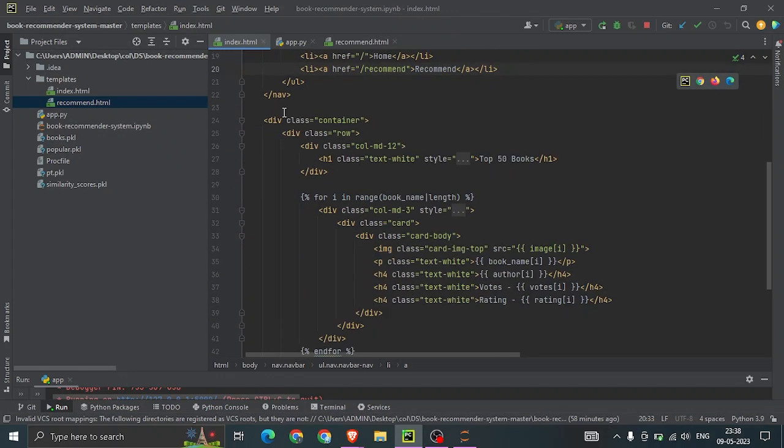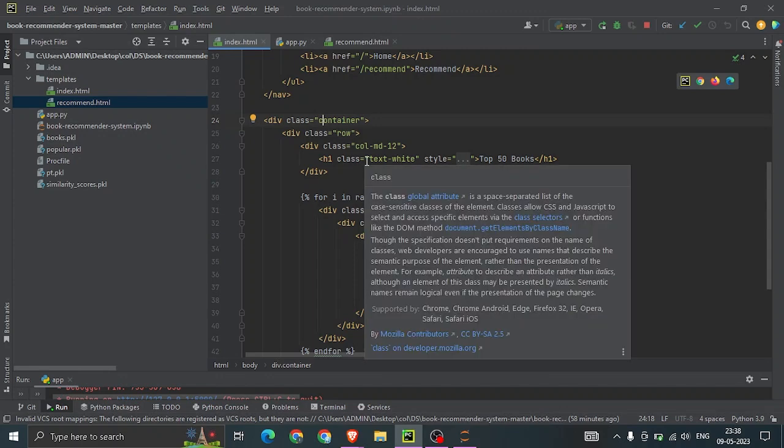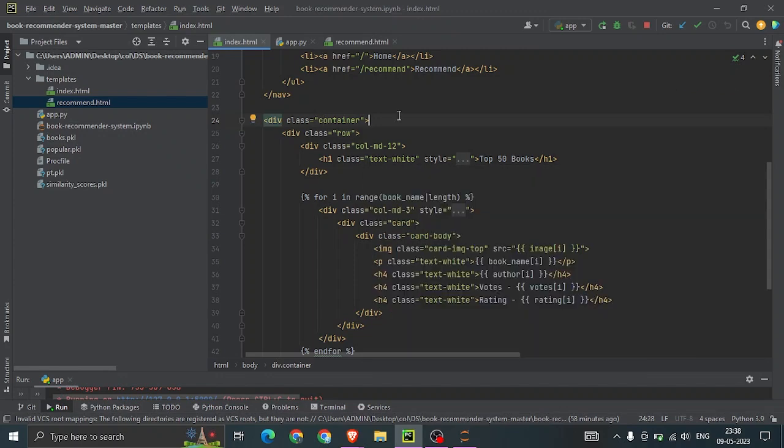After that, in a div tag another class named container is created, and here the positioning of the books and the labels is designed.